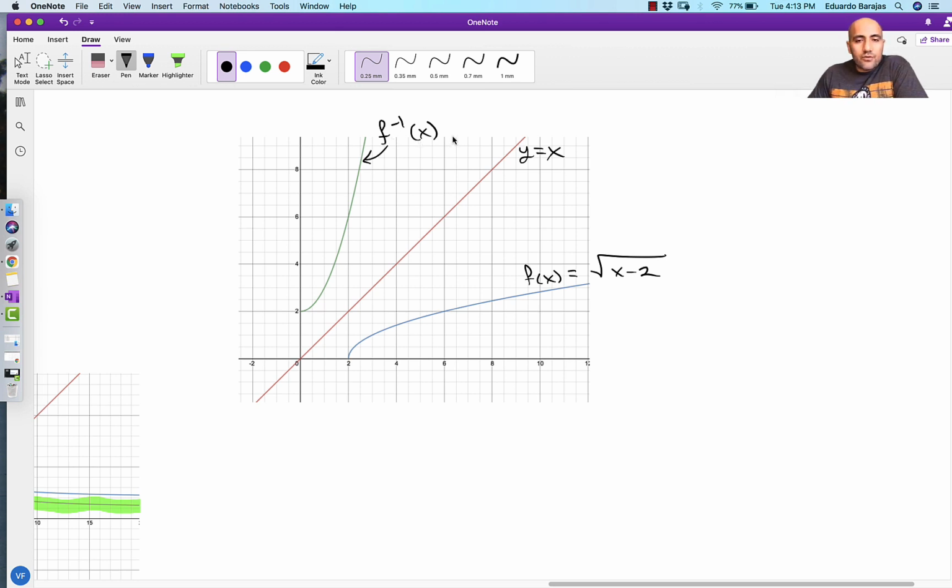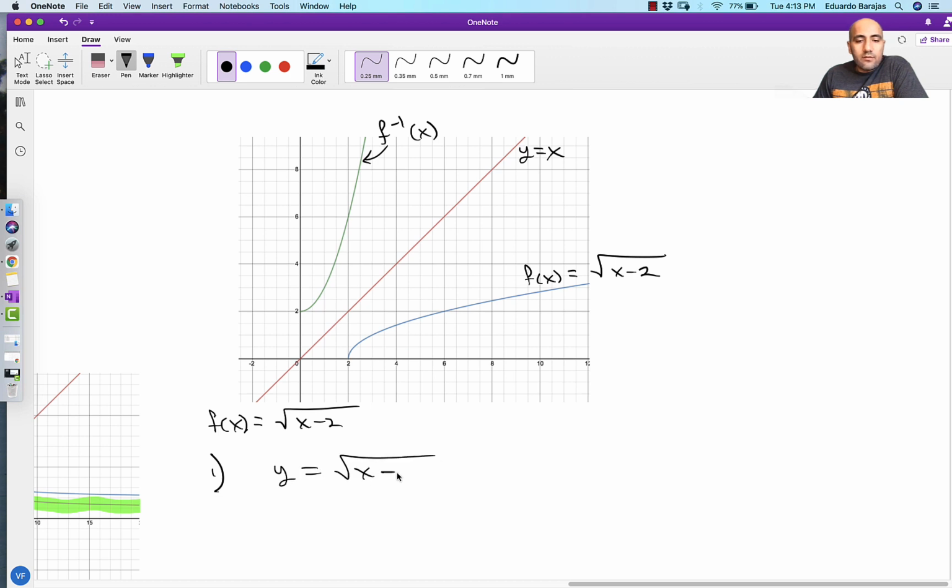If you were paying attention to the way I was typing it into the Desmos program, you already saw that I wrote the answer. Let's pretend you didn't see that. And how do we find it? Let's go through our step-by-step process. So given that we have f of x equal to the square root of x minus 2, remember the step-by-step process. Number 1, we're going to rewrite this away from the function notation style